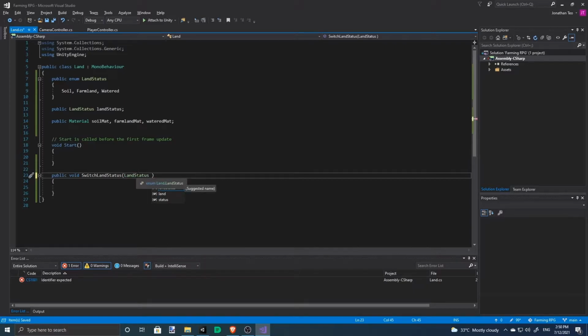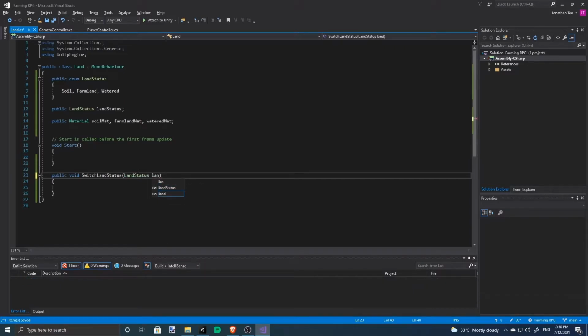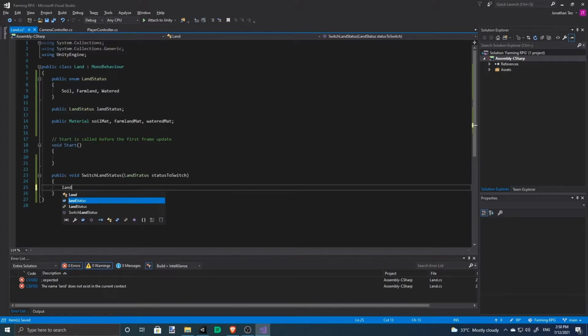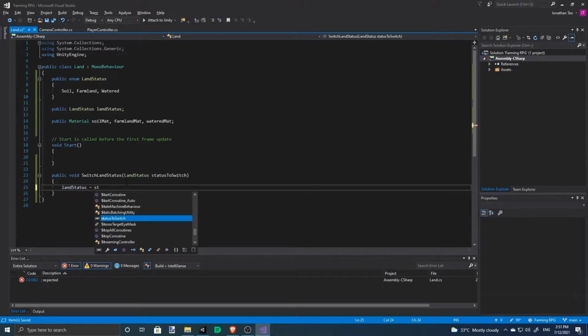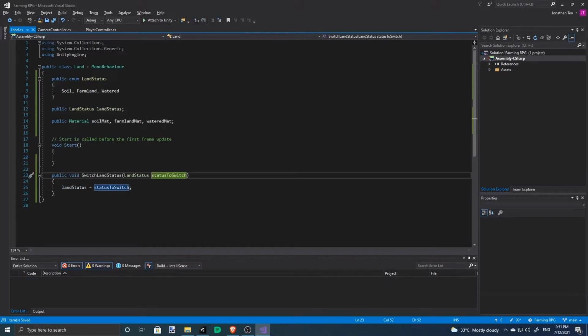It will take in an enum, we'll call it status to switch. So this function switches the land status variable to the status we want to switch to, and then we also reflect the changes on our cube.